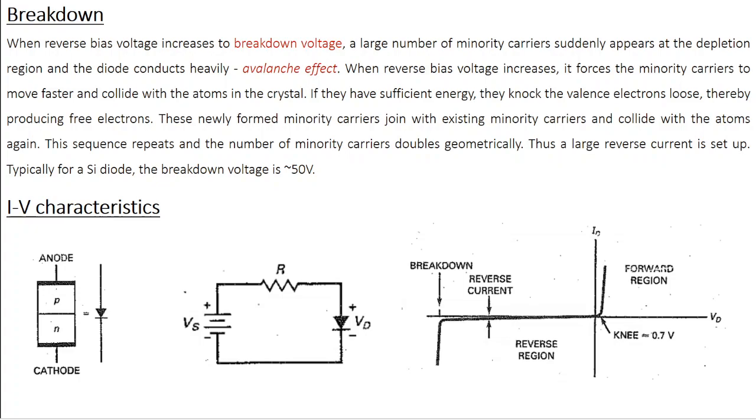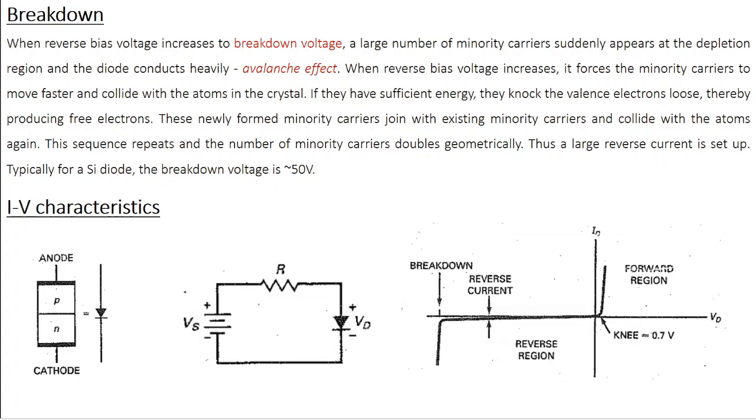Now these 2 electrons get accelerated by the reverse bias, they collide with 2 other atoms and they produce 2 more electrons. So now in total you have 4 electrons. These 4 electrons collide with 4 other atoms and they produce 8 electrons. So this keeps repeating. In every step, the number of minority carriers doubles, right? So this is a geometric progression. Geometrically, the number of minority carriers increases, and within no time, you have a large number of minority carriers